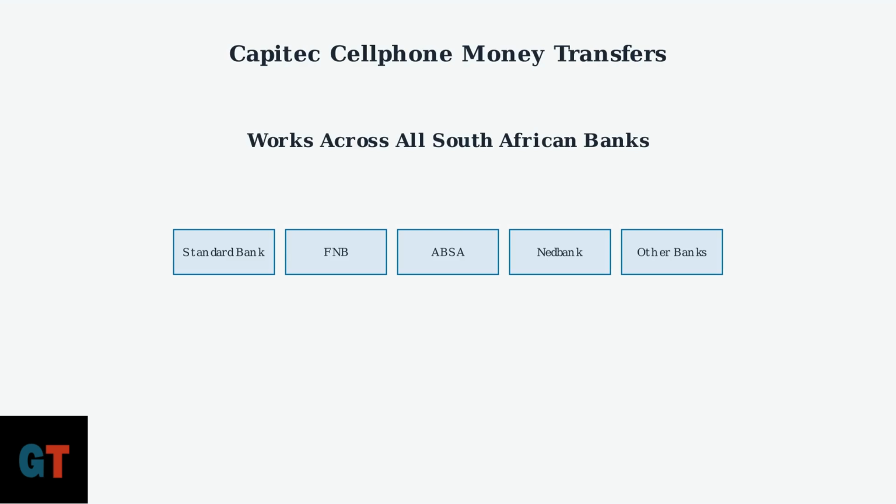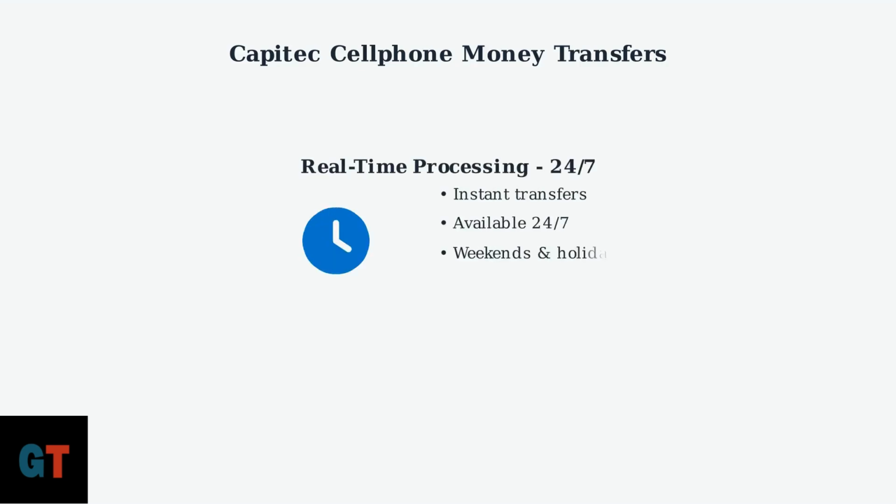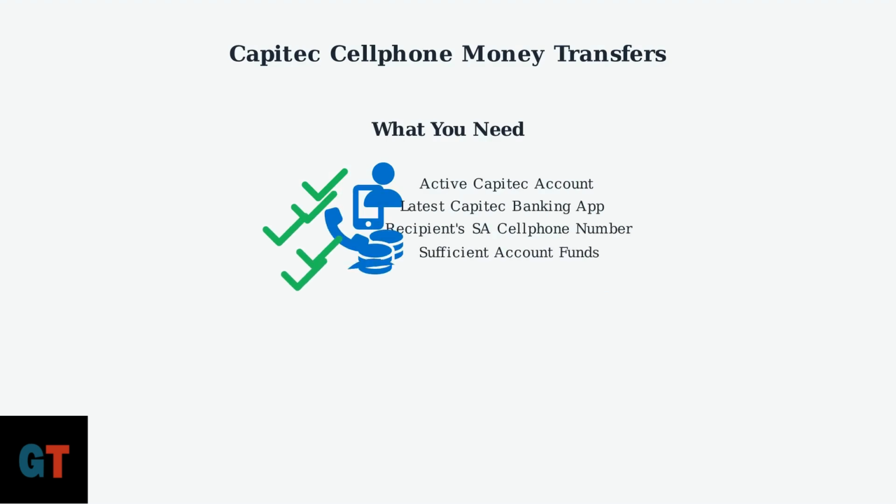directly into their account. As of 2025, these transfers are processed in real time, available 24 hours a day, 7 days a week. This includes weekends and public holidays, ensuring your money reaches its destination instantly, whenever you need to send it. To use this convenient feature, you need 5 simple things: an active Capitec Bank account, the latest version